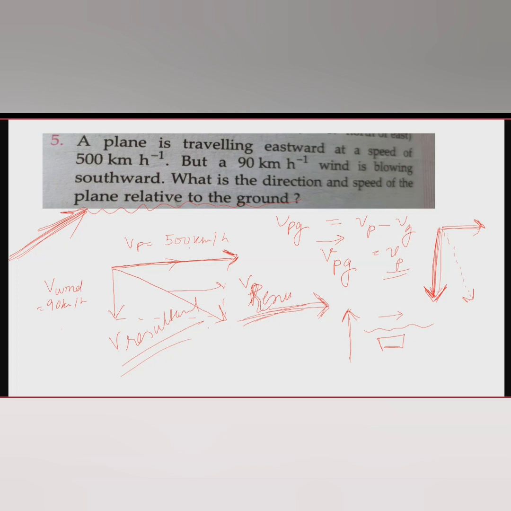Ma'am, but the plane is moving, so the wind is also affecting it, so it is moving relatively, right? It is moving relatively, but see, for a person who is on the ground, the net resultant velocity that will be seen would be whatever is the actual velocity of the plane, and superimposed on it would be the velocity of the wind. So to the person on the ground,